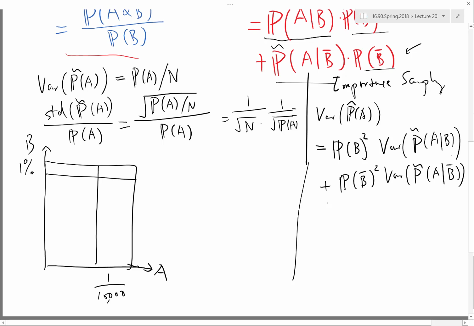Okay, so let's imagine I have the two probabilities. When A and B both happen, it's actually 9 out of 10 times when A happens. And when B does not happen, there is 1/100,000 probability. So basically when B doesn't happen, A is much less likely to happen. All right, and okay, so then